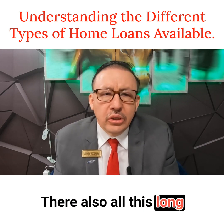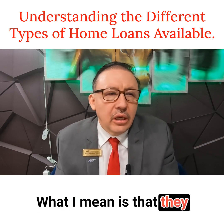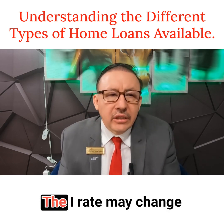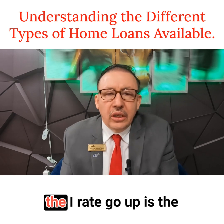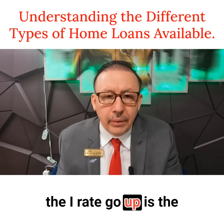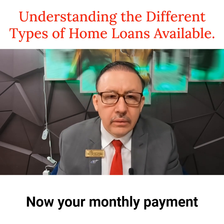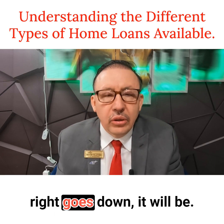My next type of loan is adjustable. What I mean is the adjustable rate mortgage, or ARM. It's a type of mortgage where the interest rate may change according to market conditions. In other words, if the interest rate goes up, your monthly payment will change. If the interest rate goes down,